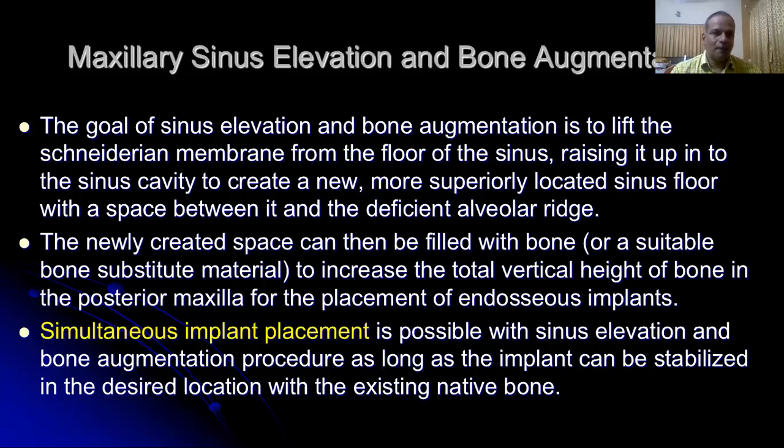The maxillary sinus elevation and bone augmentation procedure was first explained in the 1960s by Boyne. He explained this procedure in his oral presentations to United States dental postgraduates in about the 1960s. And the first procedure for sinus floor elevation and bone augmentation was published by Boyne and James in 1980, where they gained access to the maxillary sinus through the Caldwell-Luc procedure, grafted the sinus floor with autogenous bone, and placed a blade type of implant to replace the missing teeth.